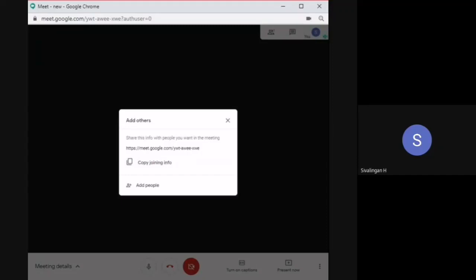You can type that alone, and along with that you can also type the entire link, starting from https://meet.google.com/ and that code. There is also an option to copy it, and you send this to other people. Since you are already in the meeting, you cannot do this again anyway. Once you copy and send it to others, they will join using that code.